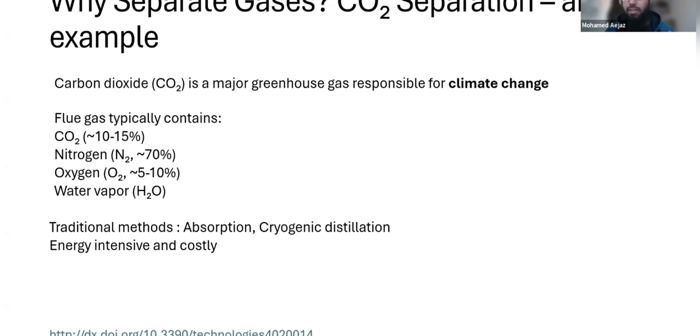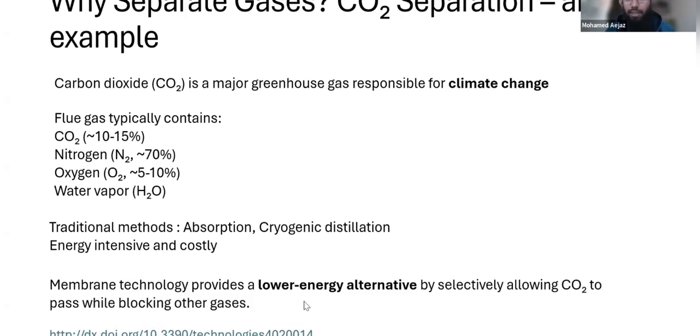So what people thought since decades is that if we could use polymers, then we have a low energy alternative that could somehow selectively allow what we want to filter from the rest of the waste gas. So that's the whole idea of why we do gas separation at all in the first place. We have a target: we want to separate A from B because A is bad, or because you are more interested in A because A is recyclable or anything. And membrane technology exactly provides you this alternative to selectively separate your choice of gas from your feed.